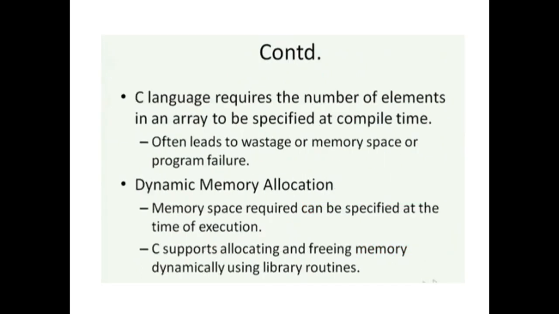Now, as we know, the C language requires the number of elements in an array to be specified at compile time. That is, you have to hard code that before actually compiling your application. This often leads to wastage of memory space, like in the first case where the number of people who turned up for tickets is only 10, or sometimes to application failure, like in the next example where, on a Sunday, 150 people have gathered to get a ticket and you have allocated space only for 100 of them, so your application may fail at that particular time.